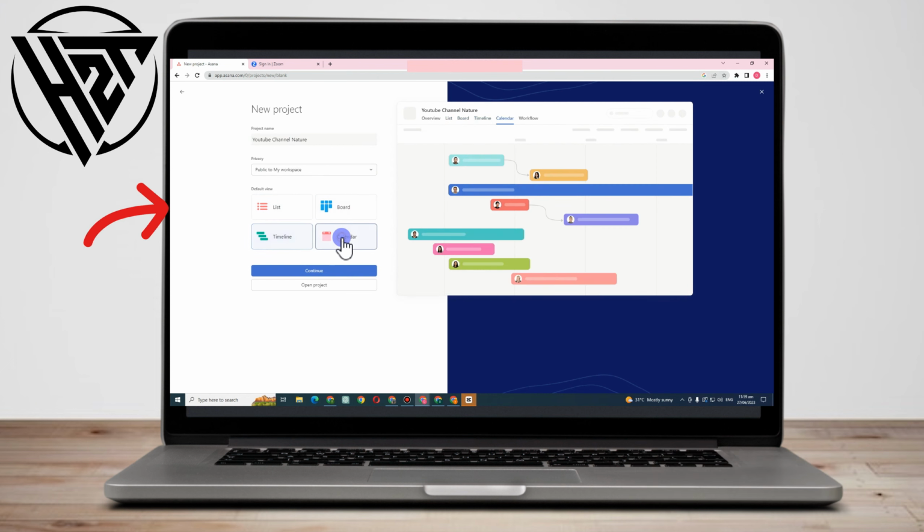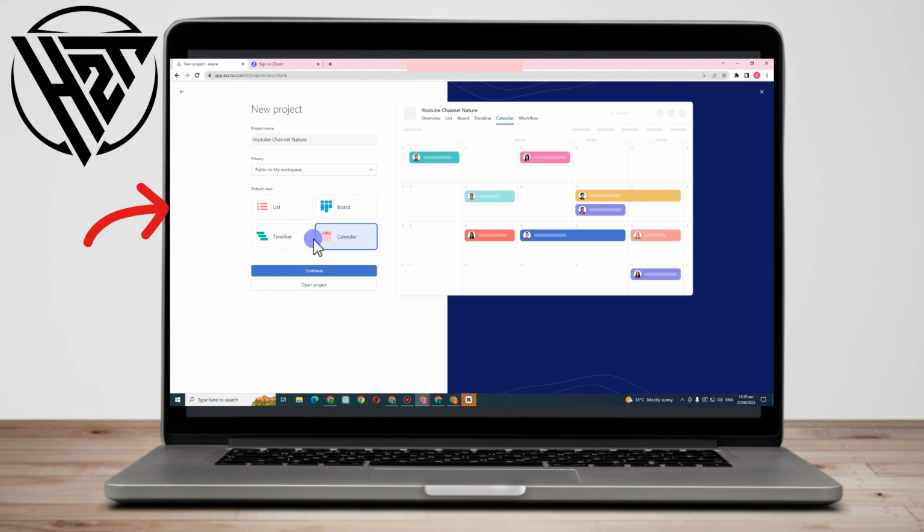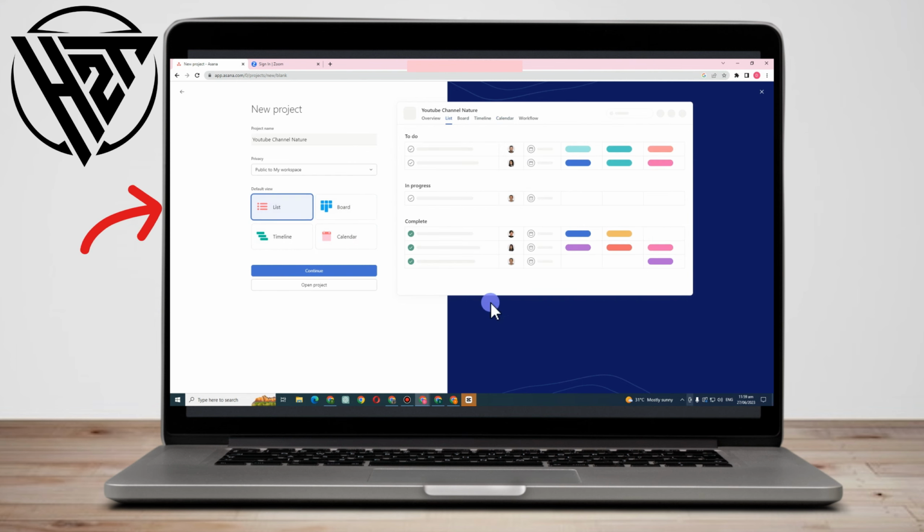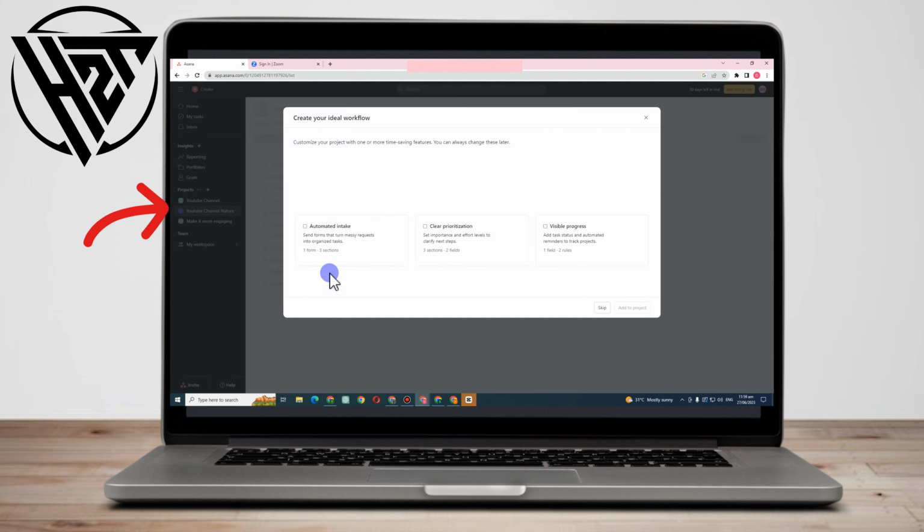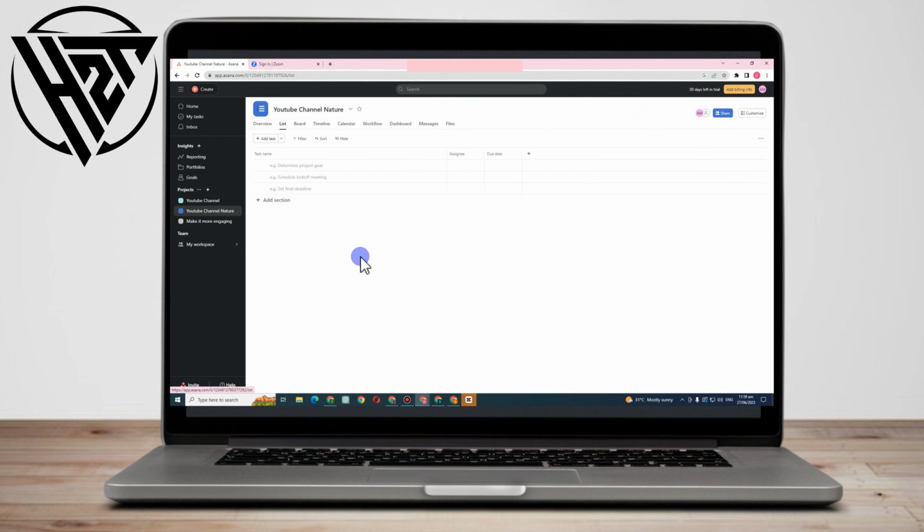So we have here list, board, timeline, and calendar. Okay, so I'll choose list and then click continue. So you just have to skip this one or tap X. Okay, so if you're going to click your project here, you are now about to start Asana for team management. So first you have to look or